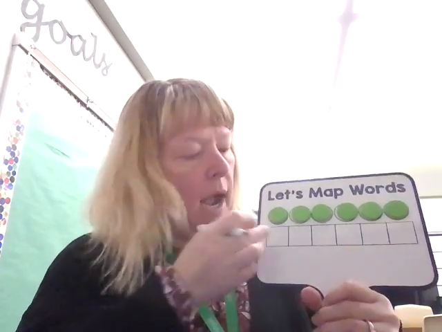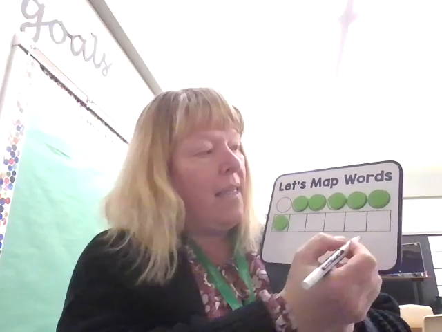Let's look at our next tricky word. The tricky word is are. Listen again. Are. First, I need to think how many sounds are in the word are. Let me think. Are. I hear one sound. Now it's tricky because you might not know how to write that sound yet. You might think about